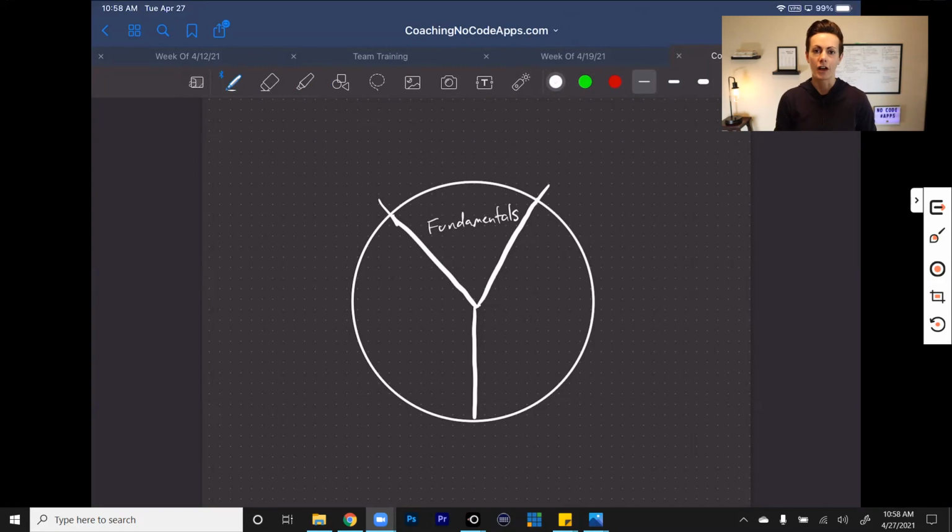The goal is to launch an app and then grow and scale and manage that app moving forward for as long as you want. And it potentially might mean building and launching another app, and then growing and scaling that app long-term as well. You can't do that unless you consistently practice the fundamentals.